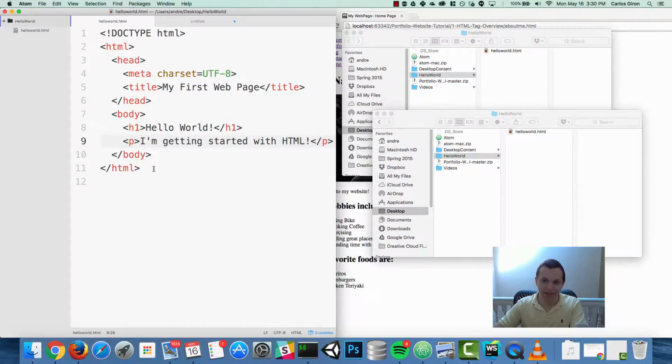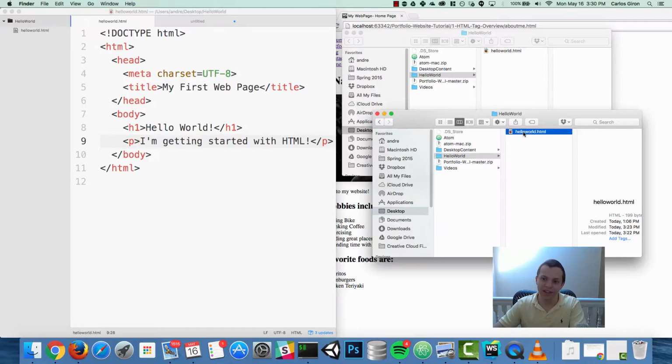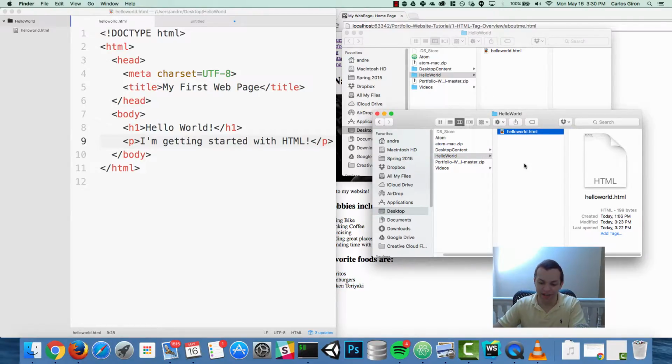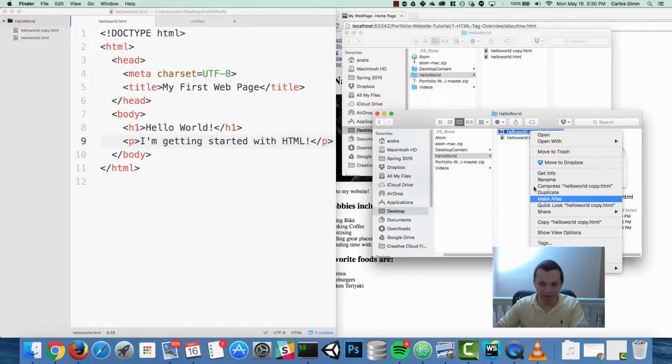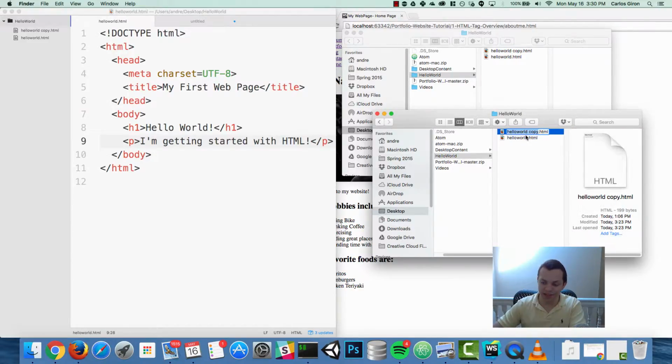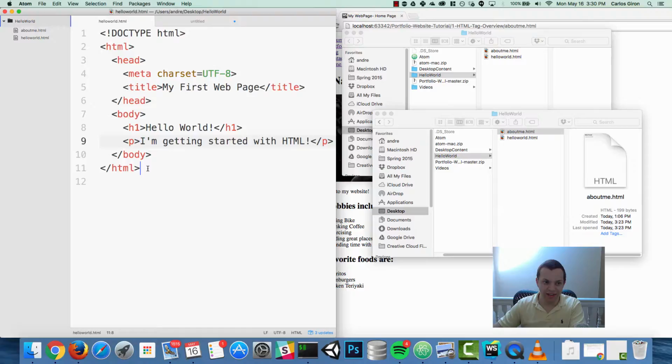To do that, there's a couple ways to do it. You could simply copy and paste it into the same folder, and it's called Hello World copy, and then we can press enter and rename it to aboutme.html. Another thing that we could do is we could simply take the contents of this page and copy it,